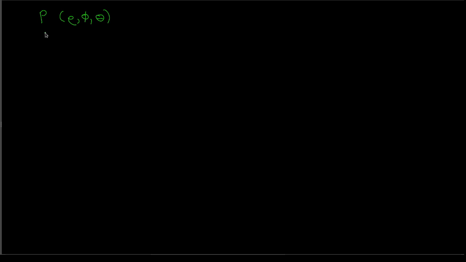And what we're going to notice is, one, rho is the distance from the origin to the point P. And so that means rho is going to be greater than or equal to 0. 2,